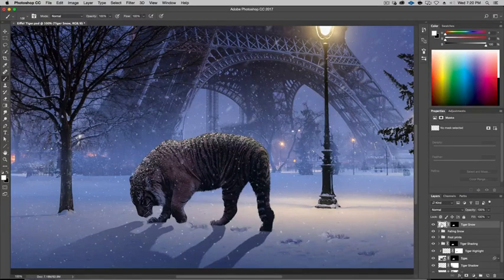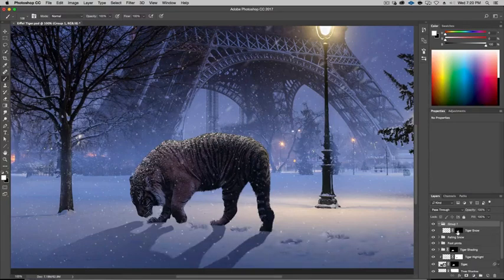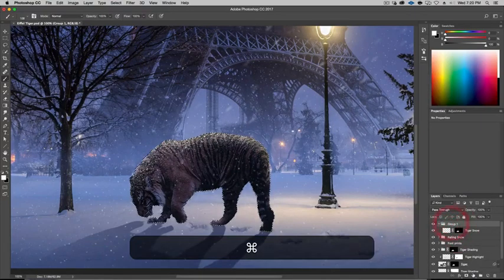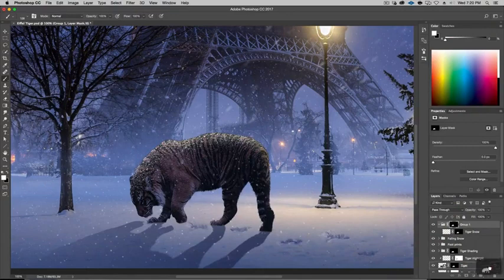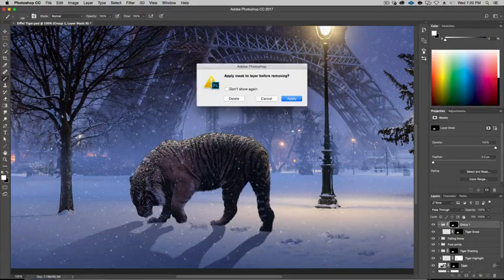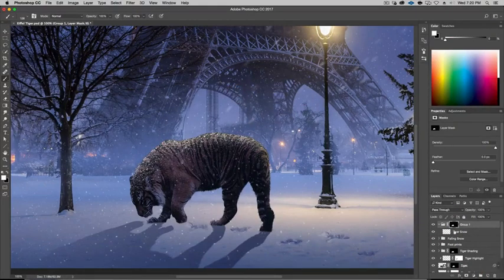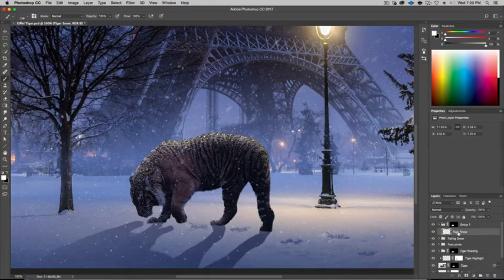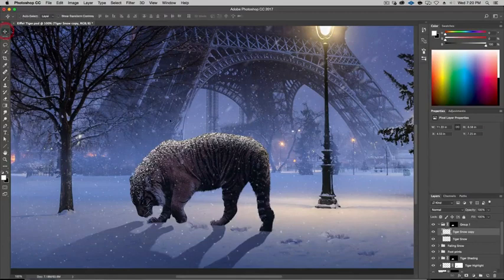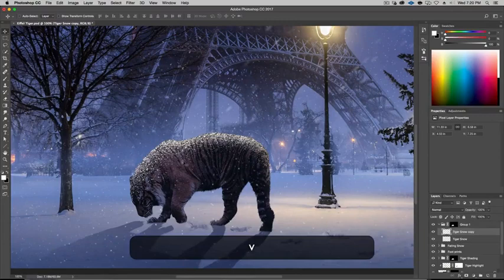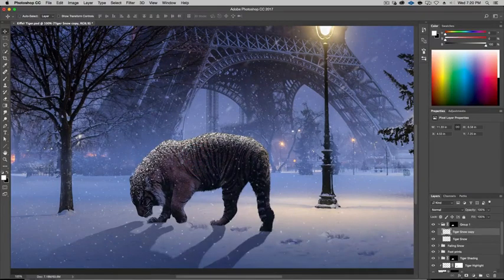So what I can do as well is, let's group this, and instead of having the mask on the layer, let's add that mask to the group, like so, and then go ahead and delete this mask. That way if I decide to duplicate this and make another level, see that? I've doubled the amount of snow, and it looks pretty good. I'm going to move this up a little bit, because I like it more at the top. Let's just leave it like that.